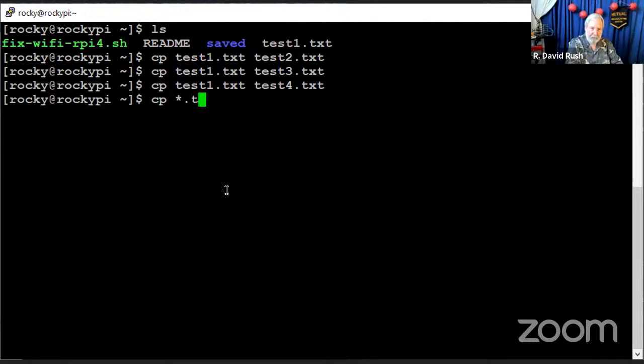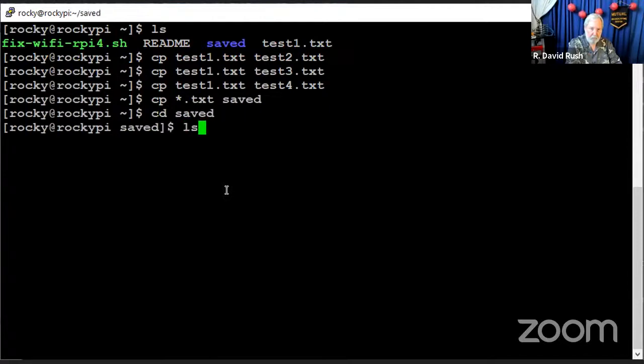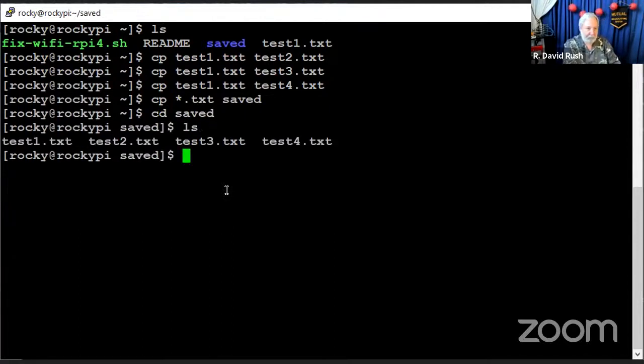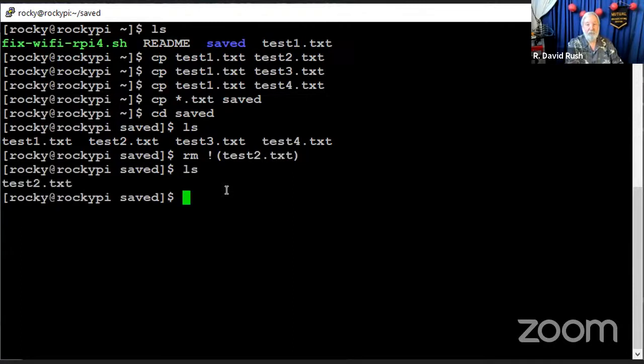cp star.txt to saved. Okay, there's my 4 files. So now I'm going to rm except or not test2.txt. And so it got rid of all of the files in there except the ones after the not. And you can get really creative with this, but I will show you this one. Most dangerous command in the world